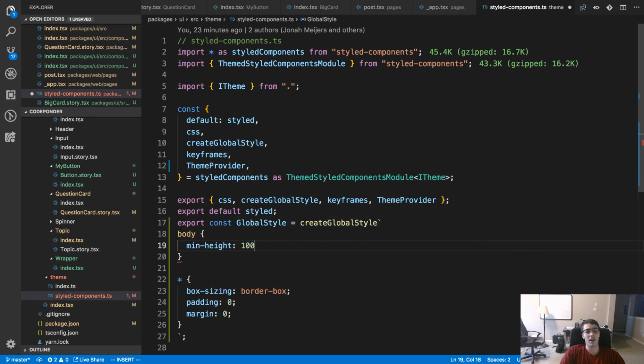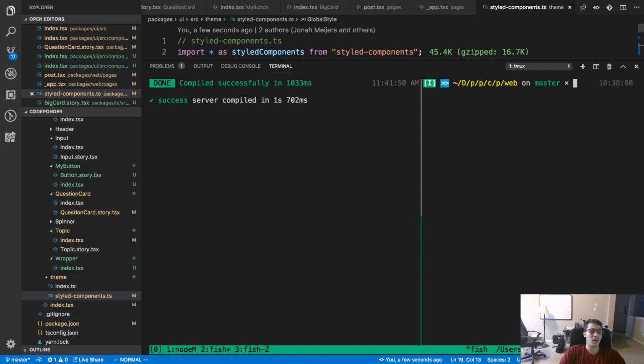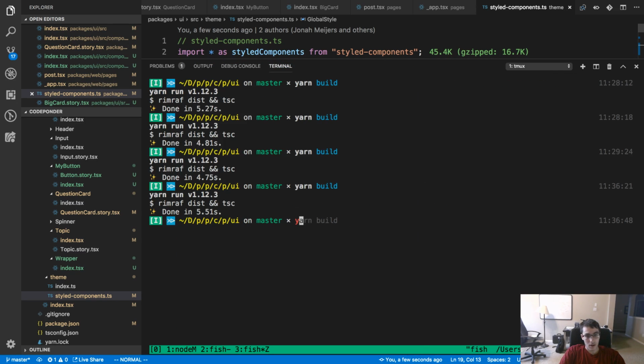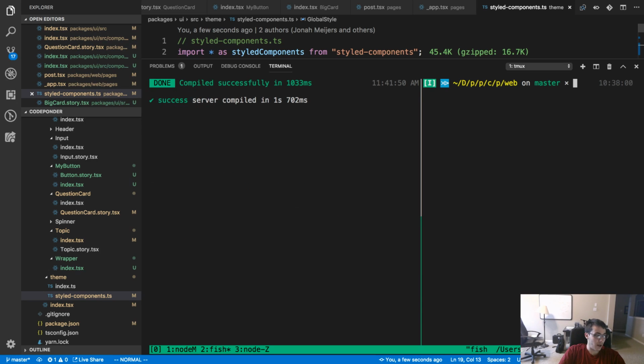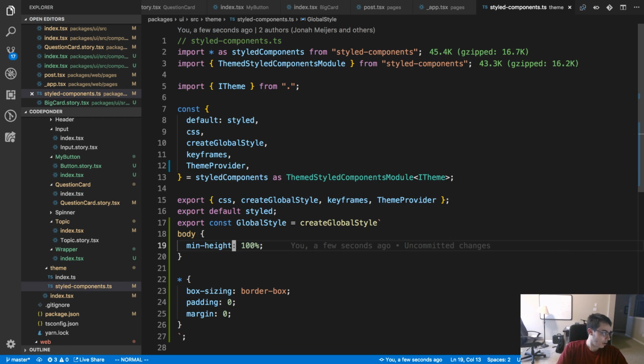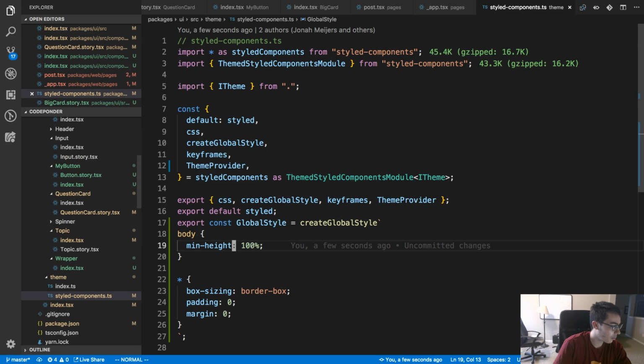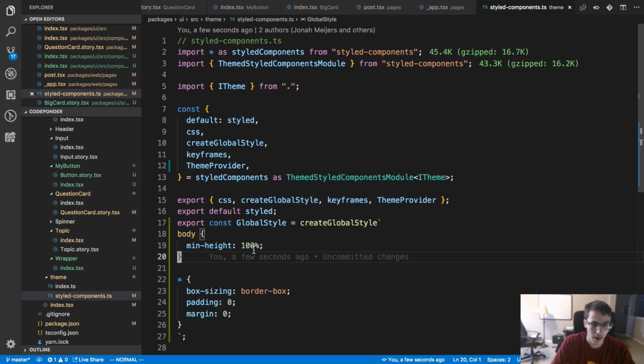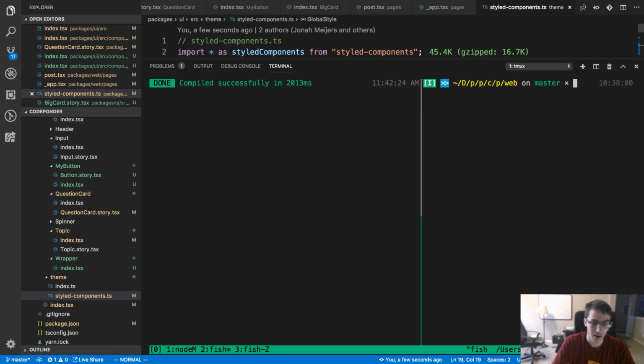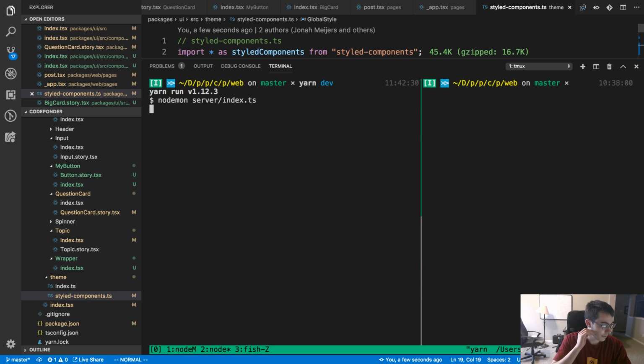And should I do min height 100 view height or 100%? I think in the past I've used 100%. But I don't know if view height is better. They both work the same, don't they? I think they're slightly different, but I don't know the difference myself.